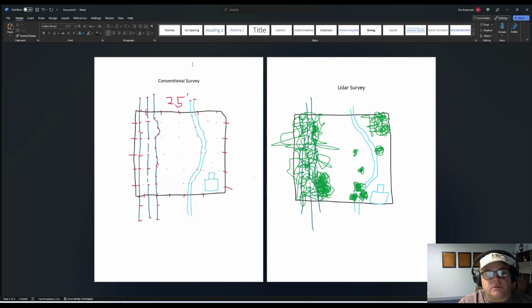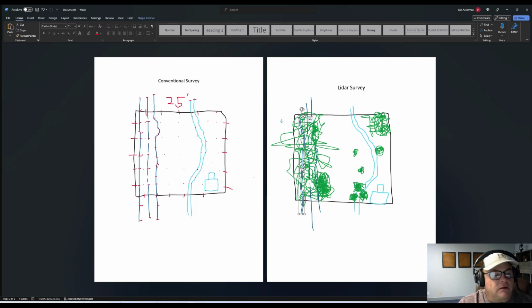Now, in a traditional survey over here, with RTK or a robot, we might shoot it every 25 feet to create 1 foot contours. Well, with this LiDAR survey, we might get 100 points per meter or more. And so we're getting more than enough information to create contours. So even though this side of the creek here is somewhat obscured, we're getting,